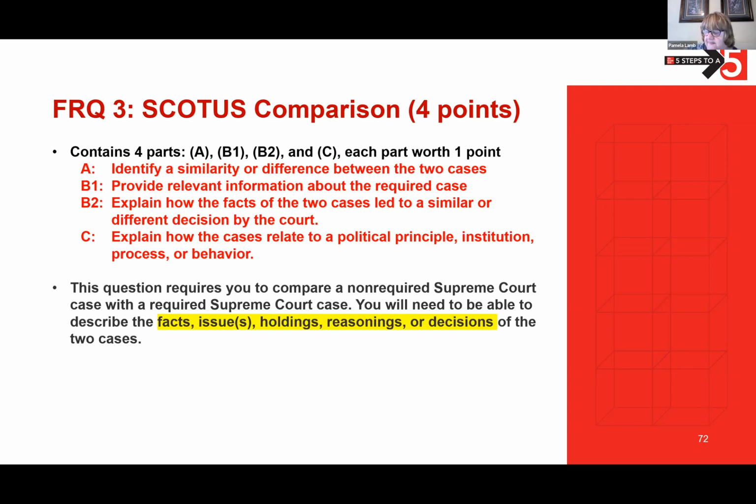Show how whatever happened in the required case and whatever happened in the non-required case led to either a similar decision. They were both about segregation, and therefore the court ruled similarly. Or, they were both about something and the court ruled differently, even though they were both about applying. The one a couple years ago was Gideon versus Wainwright and Betts versus Brady, where in the Betts case,